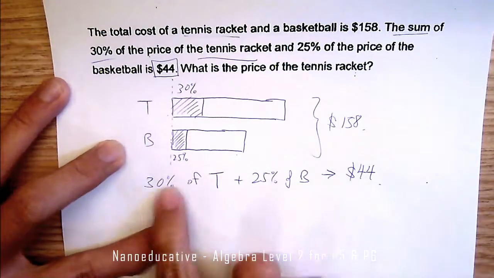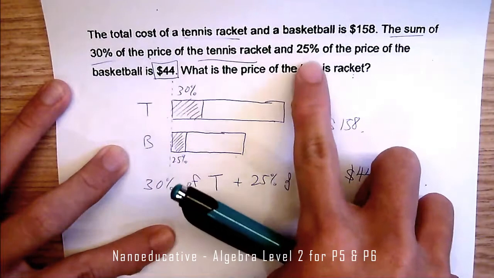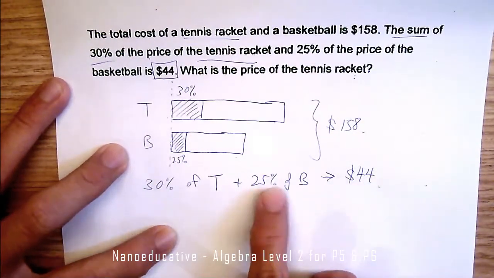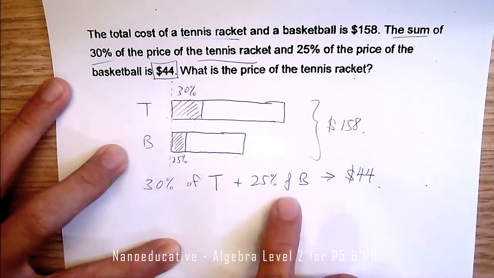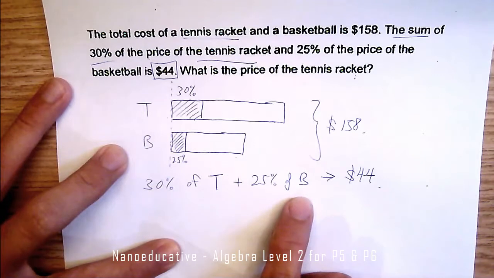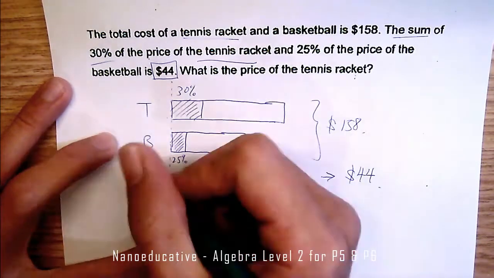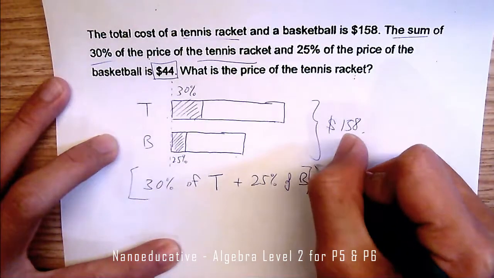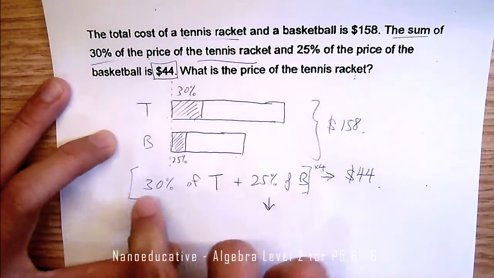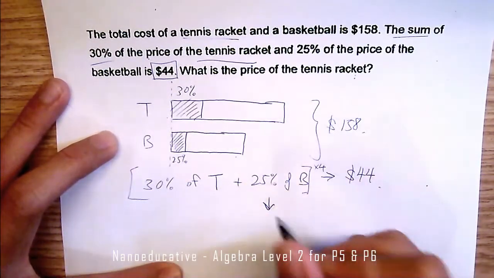Makes sense, right? Because this is exactly what they say: 30% of tennis racket and 25% of the basketball is $44. Now, I want to make either one of them to be 100%. It'll be easier for me to make the basketball 100% because I need to multiply 25 by 4 to become 100%. So I take this entire thing and multiply by 4. If I multiply by 4, this entire sentence will become this. Instead of 25%, I multiply by 4, now I have 100%